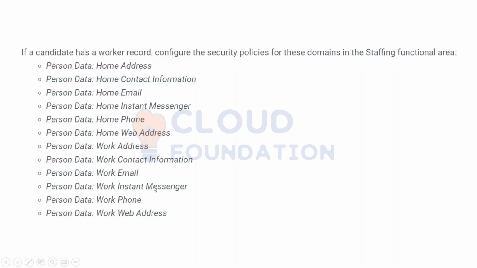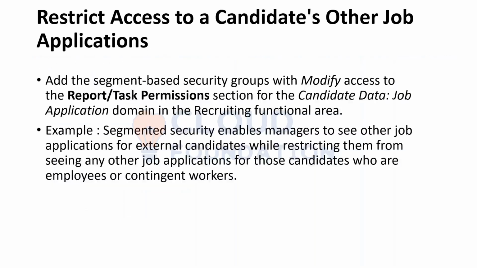So please make a note of these as well and just go into the tenant and see the description and the task and reports for this. We don't have to configure this, we just have to know that all these features are given by Workday to us, to recruiting team. Then our second topic is of restrict access to candidates